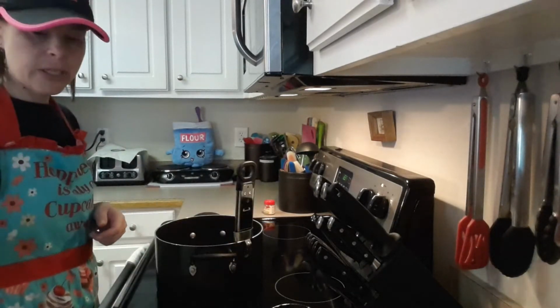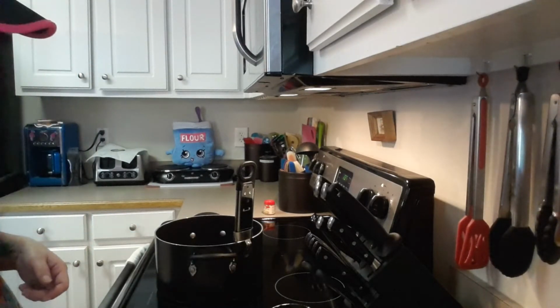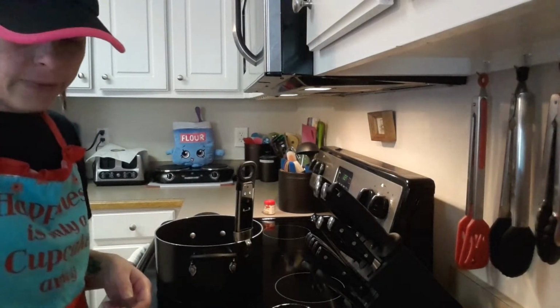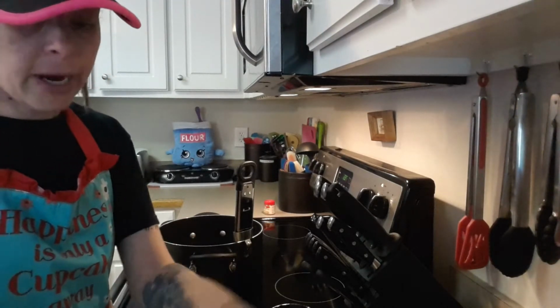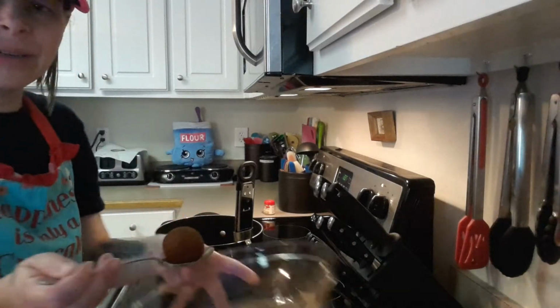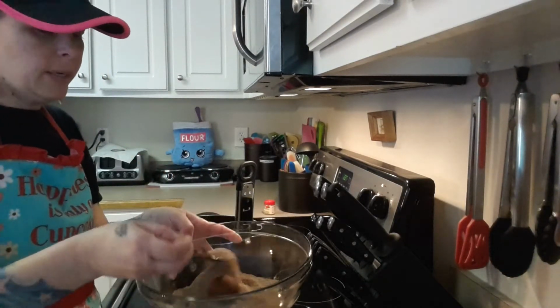Ta-da! And I just drop them on the paper towel. I'm done with that. And I just let them sit for a quick minute because they dry really quick. And then be very careful, but I have a very high tolerance for heat. Just take my ball, plop it in, I just roll it